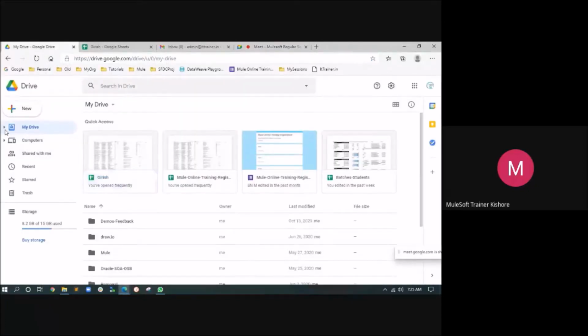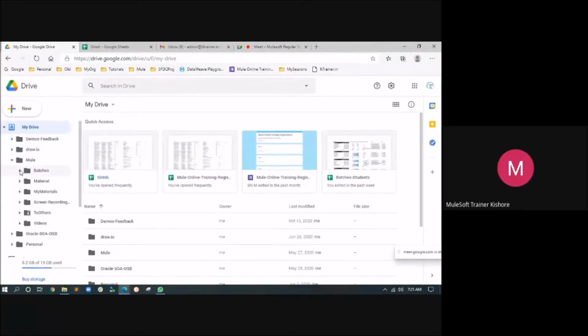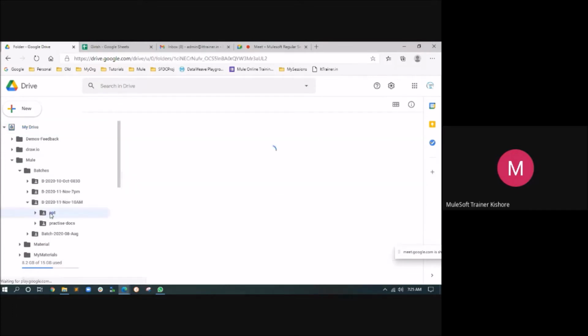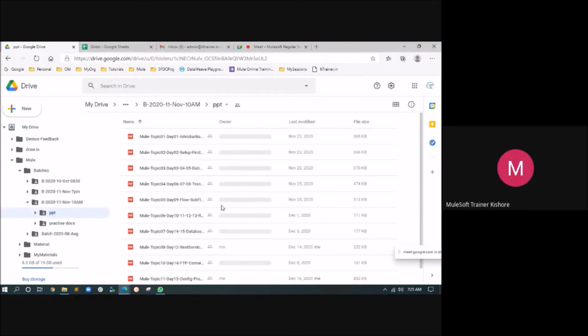will get shared to you in the Google Drive in specific folders. Once the formalities are completed, you will get a shared folder like this in my drive, shared with the people. Like this, your PPTs will come in PDF format, whatever we have explained in the session. These can be used as basic reading material whenever you plan to do a quick recap. By reading these few pages, you will recap the things.